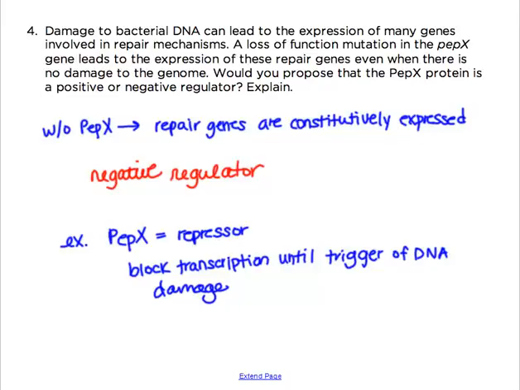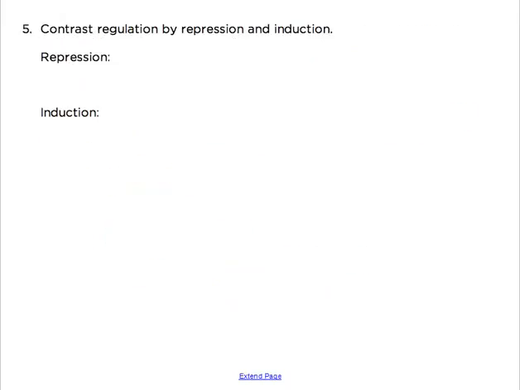protein. Problem 5. Contrast regulation by repression and induction. So the first is repression, and you're going to learn this in 2 chapters, but this is an example of a TRP operon, the tryptophan operon. So I'll just write that here, the TRP operon. So the regulation by repression is when a metabolite, so in the TRP operon, that metabolite is the amino acid tryptophan. When a metabolite is added,